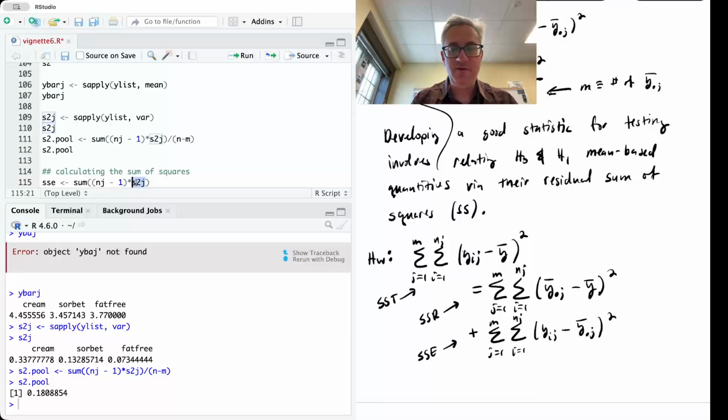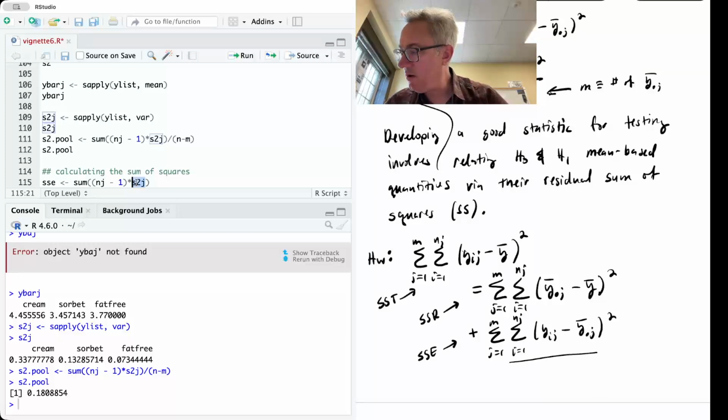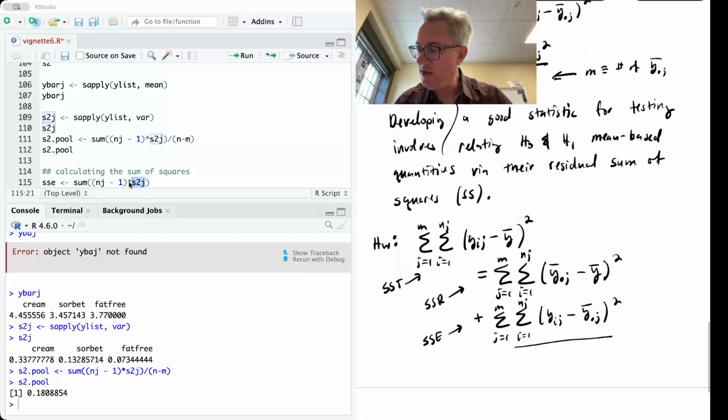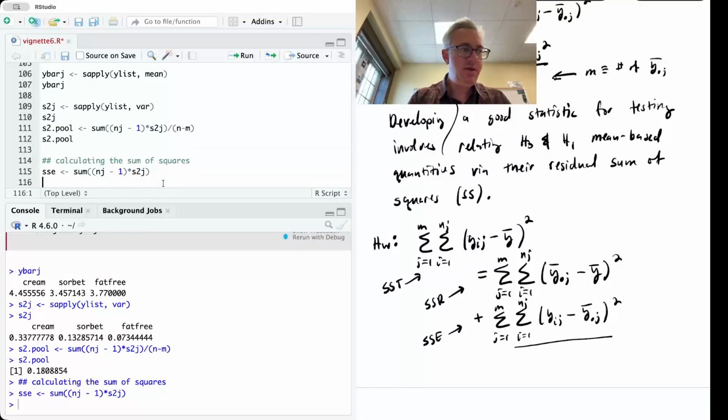We've already got the individual sums of squares. You can see that the individual sums of squares are involved, but we have to multiply by nj minus 1, which is the denominator up at the top. I'll make sure to point that out here, right? We've got this denominator here that we've got to get rid of in order to work with just the part that involves the residual sum of squares. So that is SSE, and then SSR is going to be